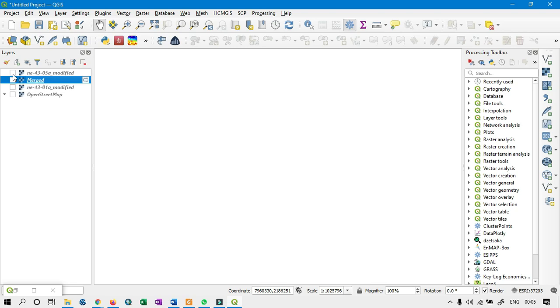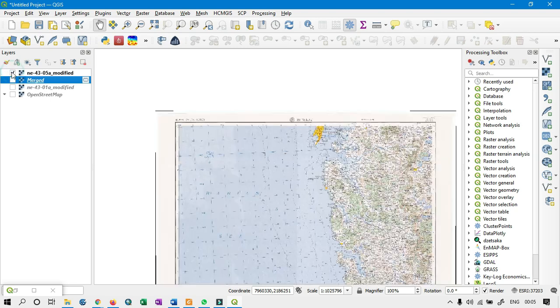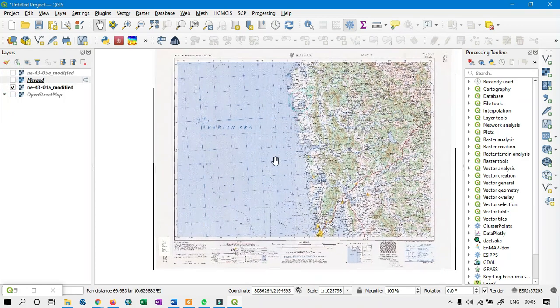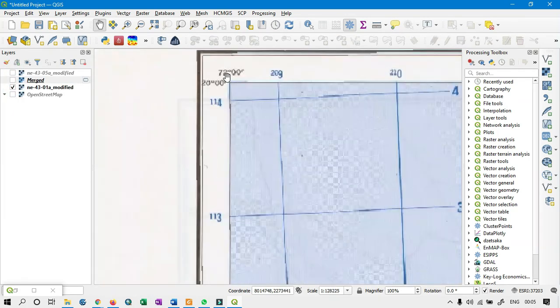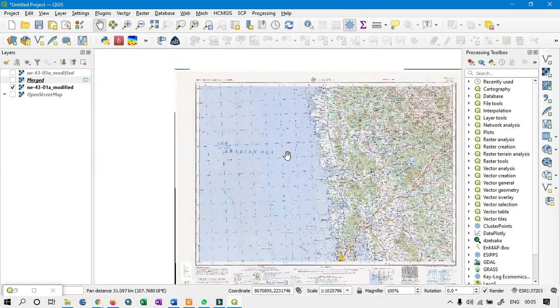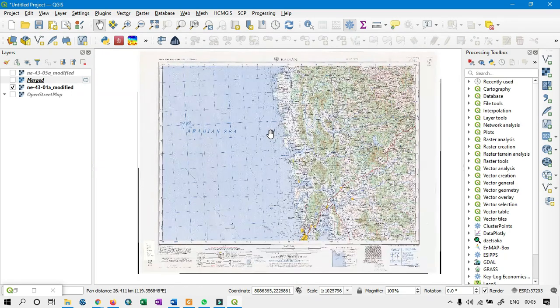For example, this is our upper raster, and we need to clip these sections of the image. For that I have to create a specific shapefile or polygon file to clip the raster only to the map data, and we will eliminate all the other unnecessary information.